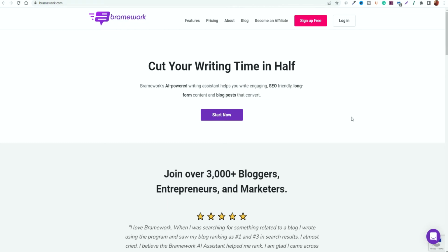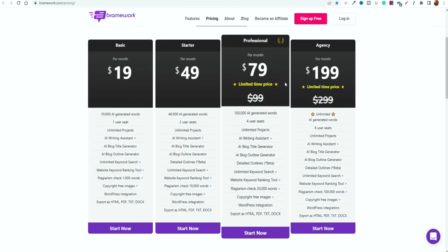So if we look at the Bramework platform, Bramework uses a very similar concept to that of Rytr, and like I just mentioned with the pricing, yes, it is a bit more expensive, but it does have access to some really unique features and tools and services inside. But the one thing that Bramework primarily focuses on compared to all of the other platforms is specific blog posts. It only focuses on one particular avenue, which is generating content specifically for blog articles, which will be ideal especially if you are creating a lot of blog posts